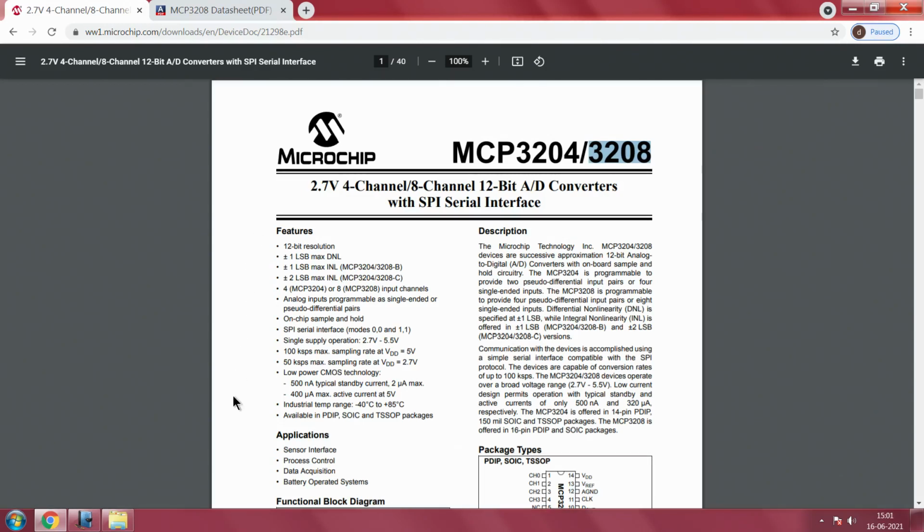Now if you open a data sheet like this, you will be sort of alarmed to see these features, and you must know these features in some detail, particularly in this course, and understanding the data sheet becomes a very critical part. Let me first give you a high level view of these parameters, and then we will do a demonstration and then get into further details. First of all, the resolution of this ADC is 12 bit. That means every time it samples an analog value, it converts it into 12 bits. That is the idea of being a 12 bit resolution ADC.